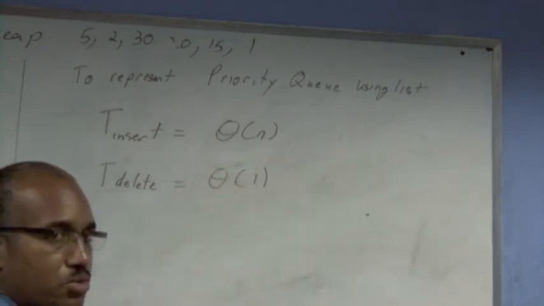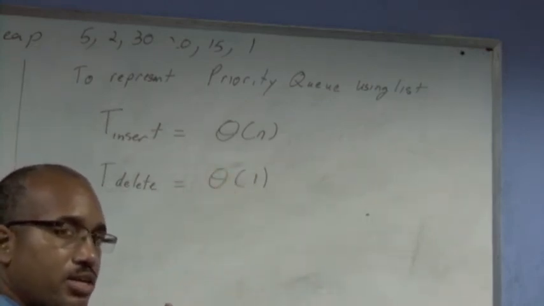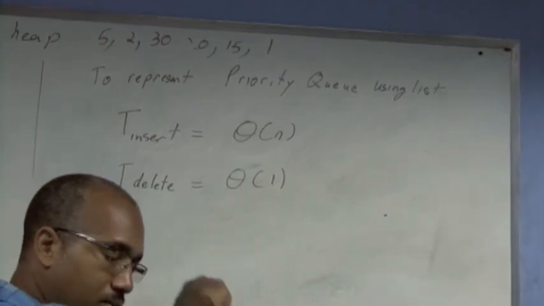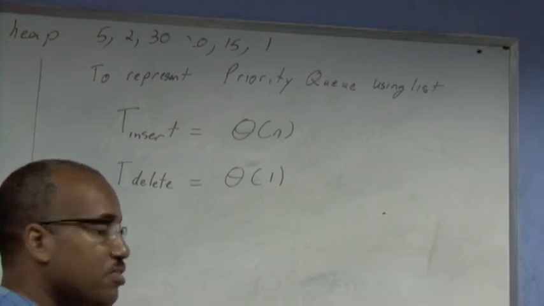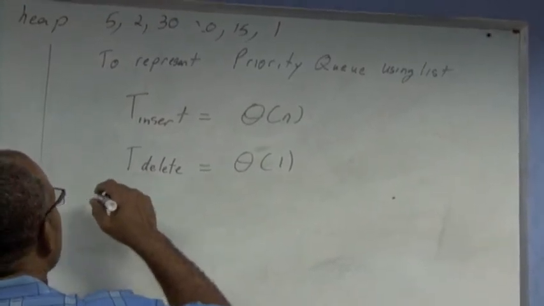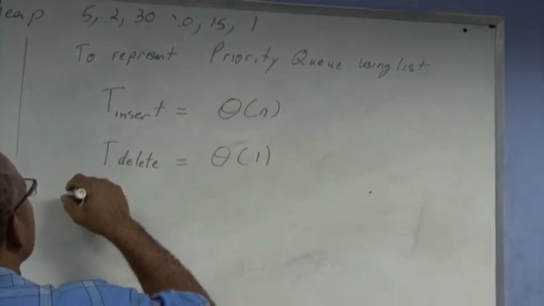And insert is theta n, because we need to find the insertion position by checking each position along that set of items in the list. To represent a priority queue using a binary heap,